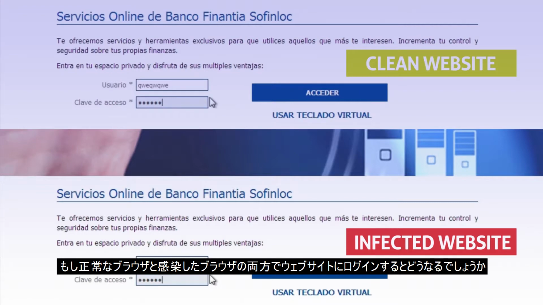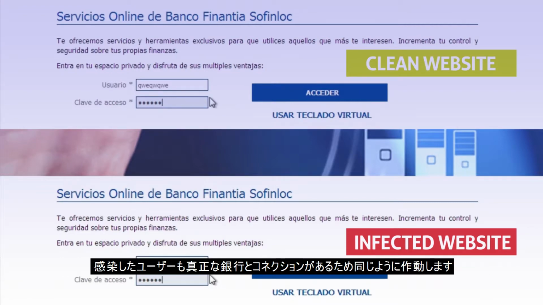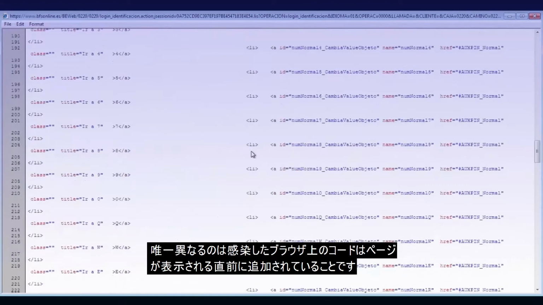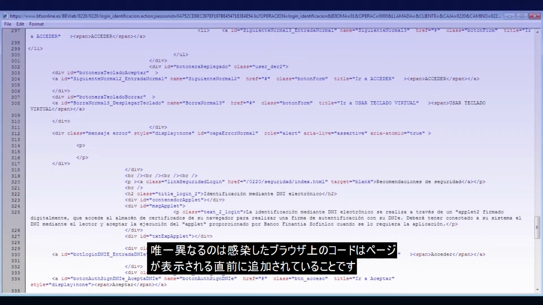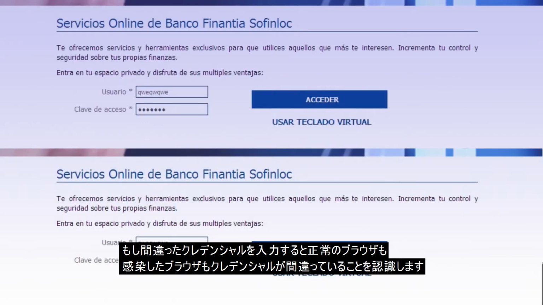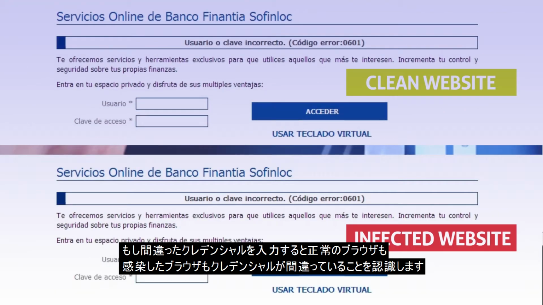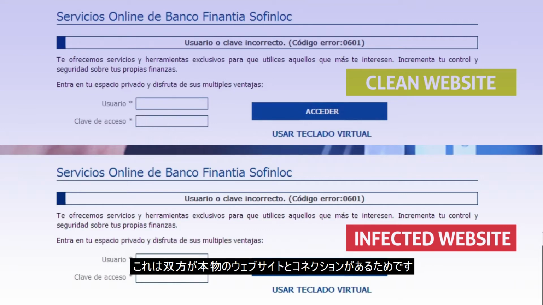What happens when we try to log into the website on both browsers? They will behave exactly the same because even an infected user is still connected to the original bank website. The only difference is that, in an infected browser, code is added right before the page is displayed. If we enter incorrect credentials, both the clean and infected browsers will recognize that the credentials are incorrect. This is again because we are connected to the authentic website in both cases, and it's not a redirection or